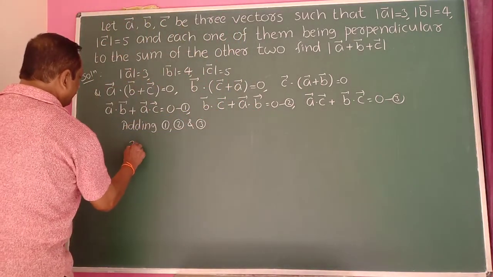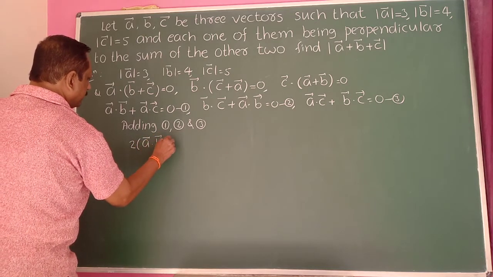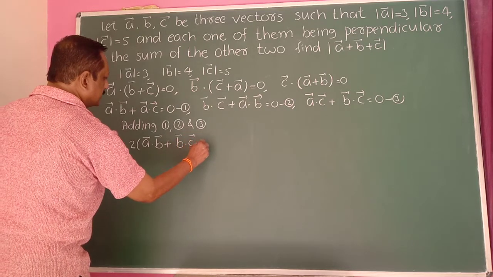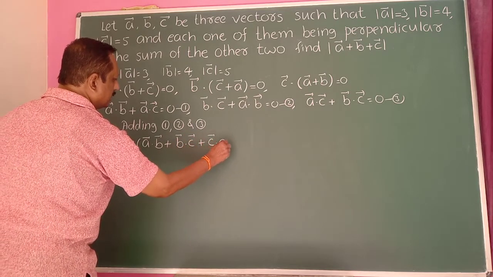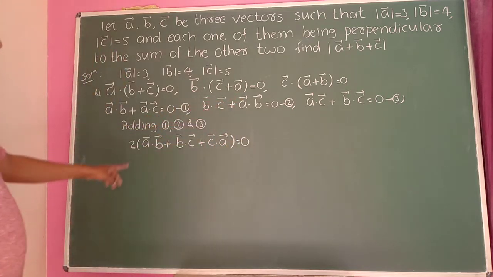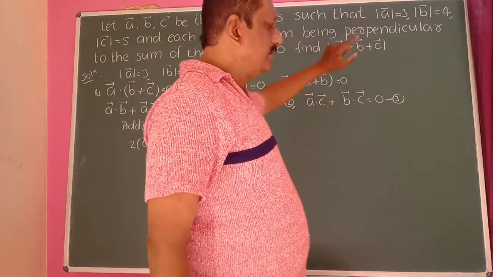Therefore 2 times A bar dot B bar plus B bar dot C bar plus C bar dot A bar is equal to 0. If you add, we get this result. Here we want this value. So now